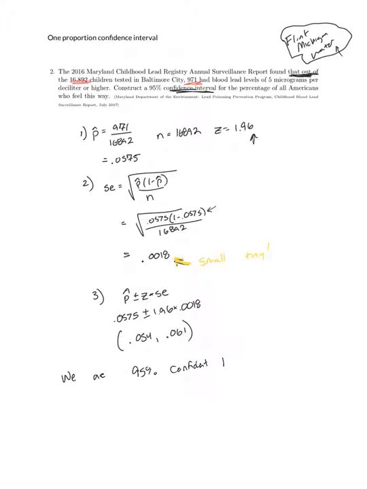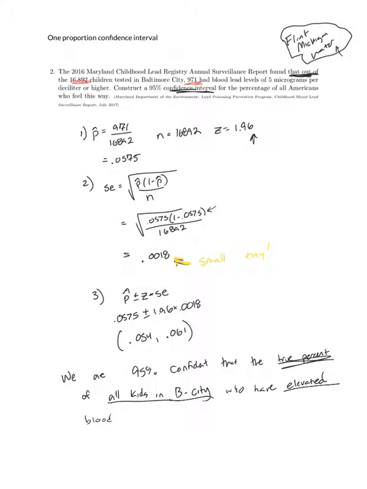We are 95% confident that the true percent, I say this because I'm dealing with percentages, of all kids in Baltimore City who have elevated blood lead levels is between 5.4% and